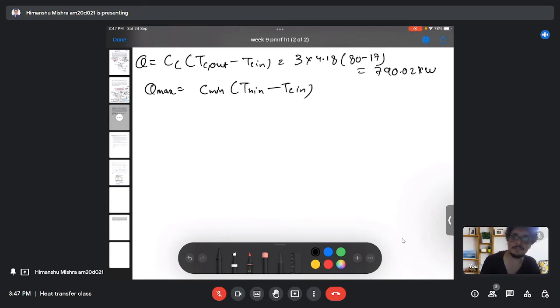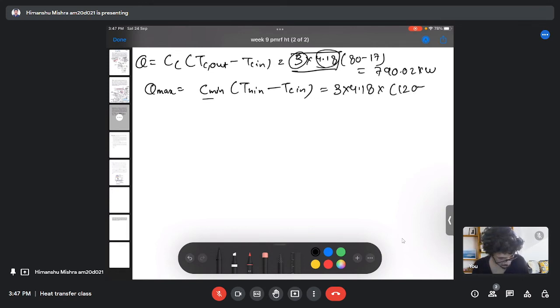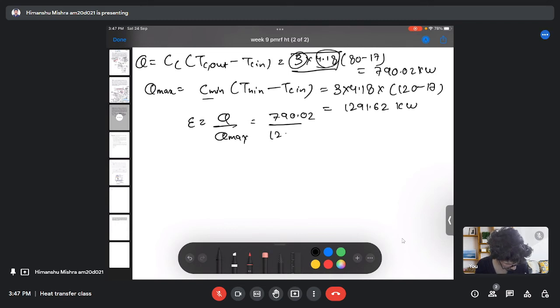So for the maximum heat transfer, as we discussed in the previous question, we take the inlet temperature of both hot fluid and cold fluid, and we have the C minimum given as mass flow rate multiplied by specific heat capacity. So we know that the effectiveness will be given as the ratio of actual heat transfer to the maximum heat transfer, which is